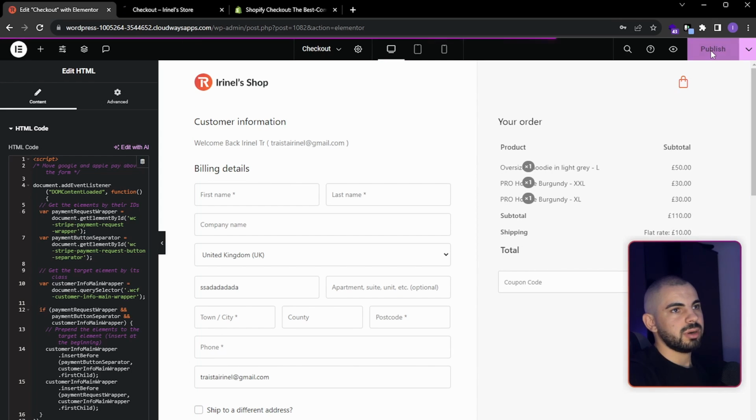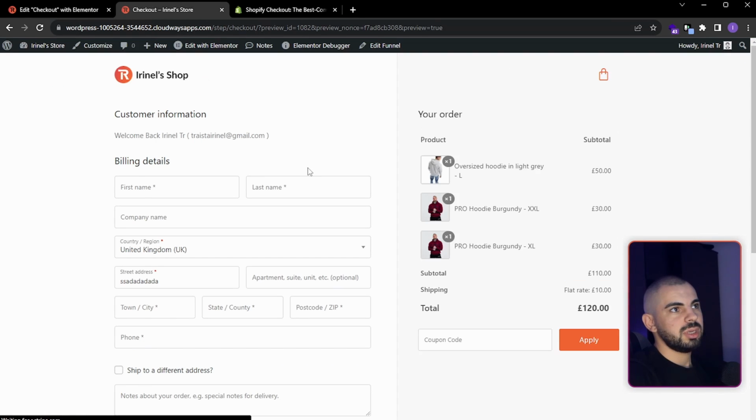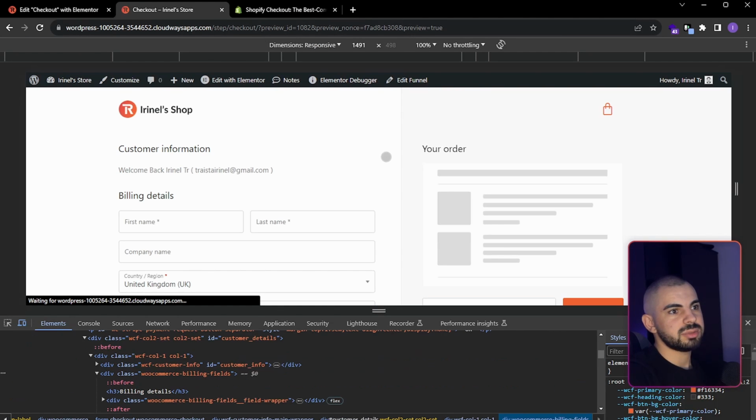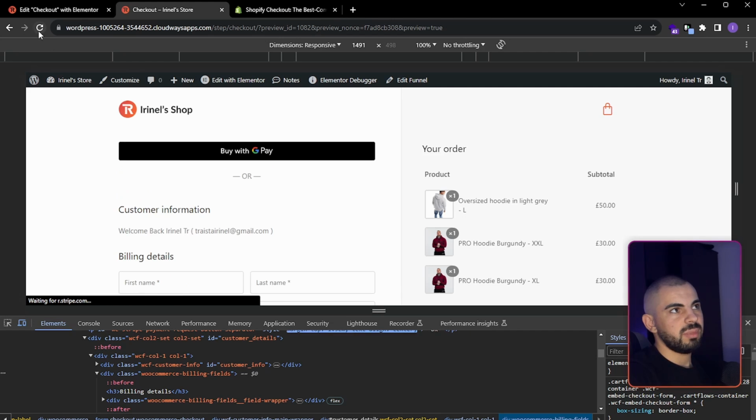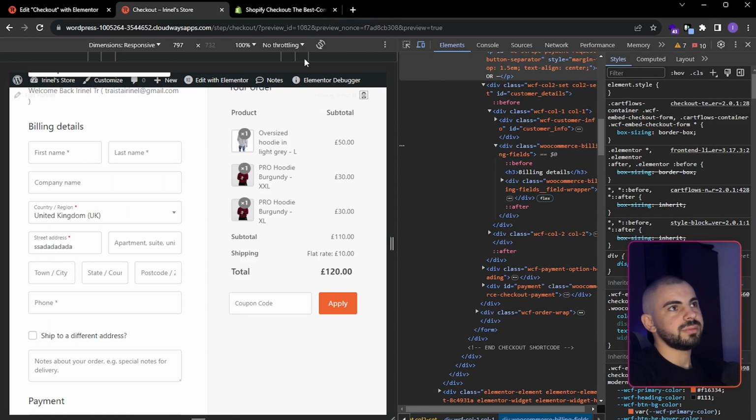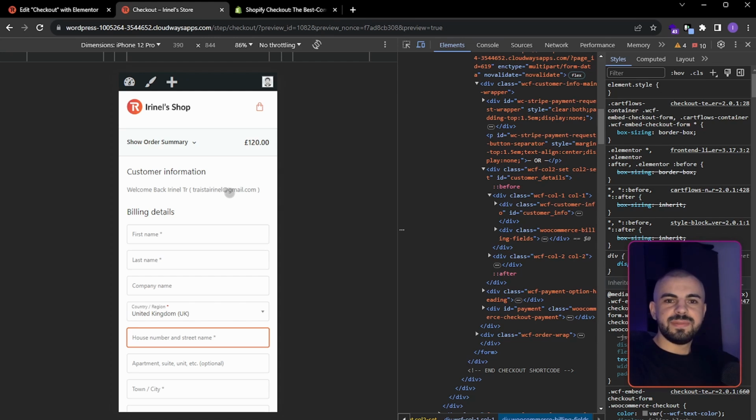Now we are going to publish it, and I'm going to inspect because here I can see the Google Pay option from other Chrome browsers. So here we go, we have it on the left. Also on mobile devices, we can give it another check. It looks pretty nice. Thank you very much for